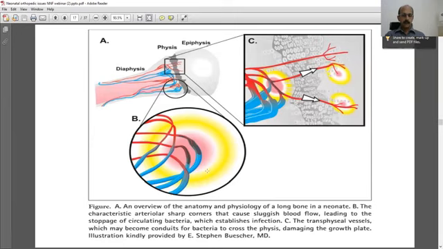Once a nutrient artery enters the diaphysis, it ascends to the joint above. At the joint above, it takes a sudden angular bend. At this angular bend, the blood flow becomes very sluggish, and here the arteriole changes into a sinusoid, a venous sinusoid. So at this bend, there's a sluggish circulation, sluggish enough to allow the bacteria to lodge there, and the baby